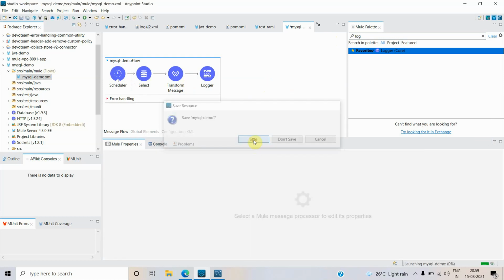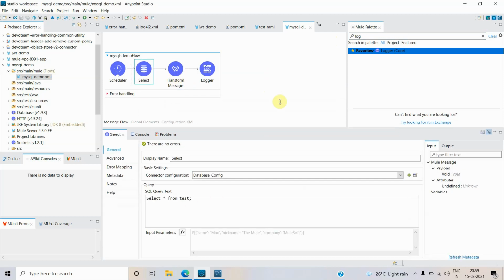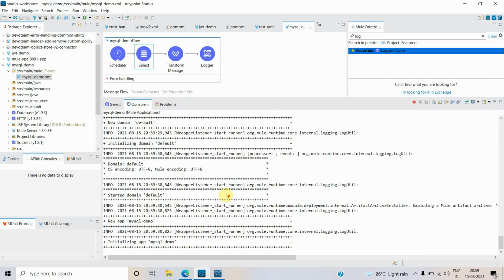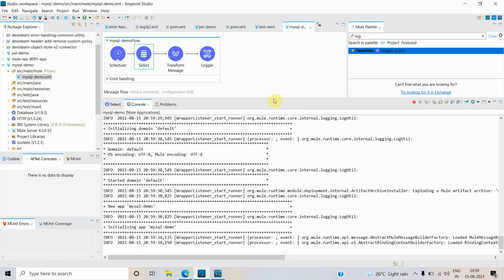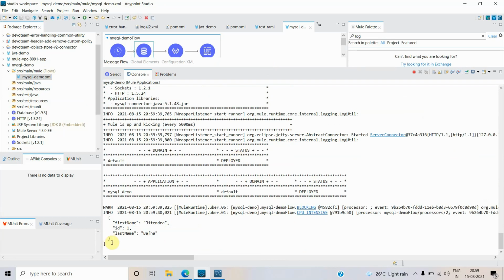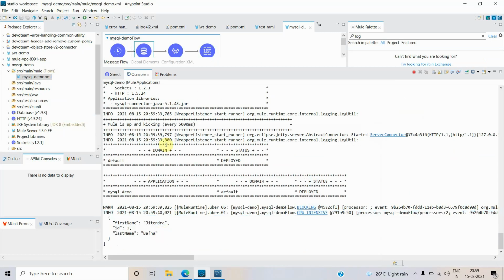Right now, as you can see in my example, I have hard coded this query. Is there any way we can externalize this query? Yes, we are going to see in some minutes. I am waiting for my application to start. Let's wait while my application is getting started. So you can see it fetched the one record which is available in your MySQL database. It has successfully fetched the record.